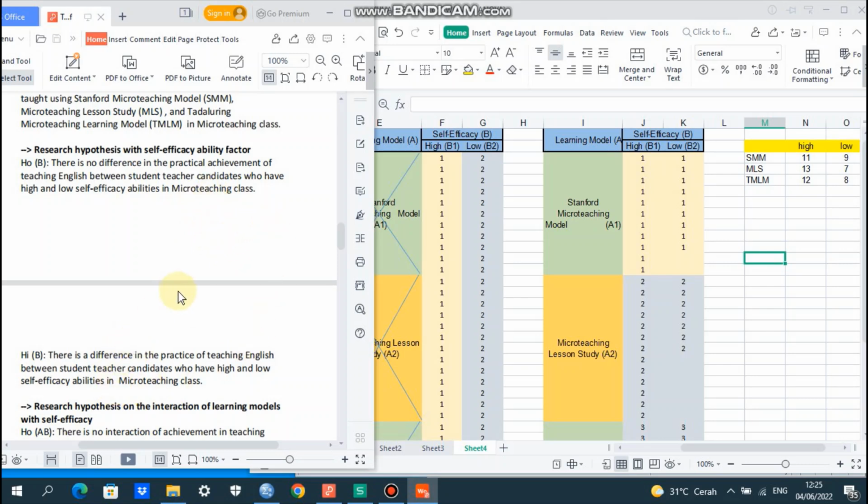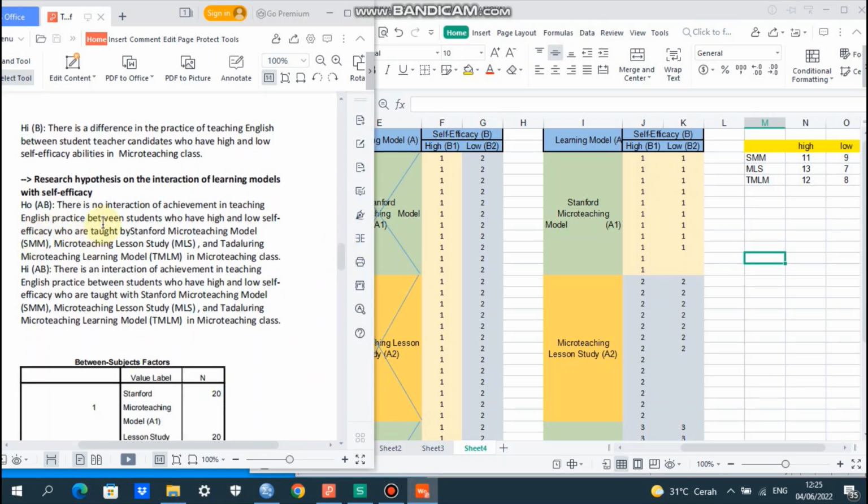How about the H1 for factor 2, self-efficacy abilities, symbol B: there is a difference in the practice of teaching English between student-teacher candidates who have high and low self-efficacy abilities in micro-teaching class.